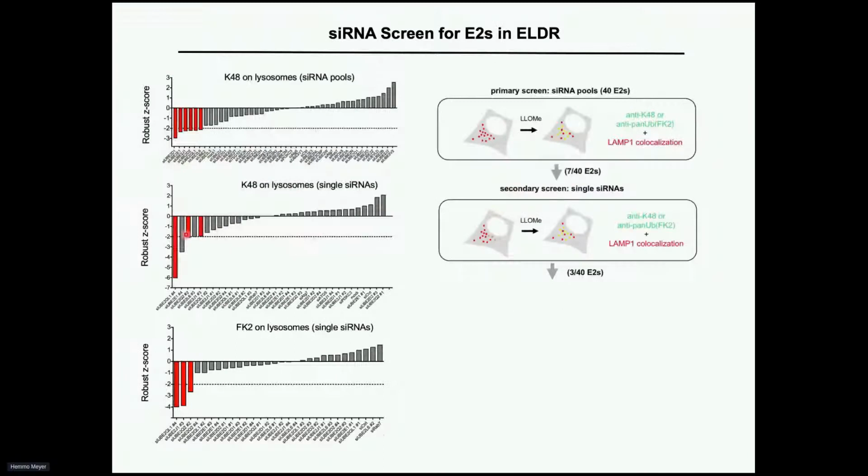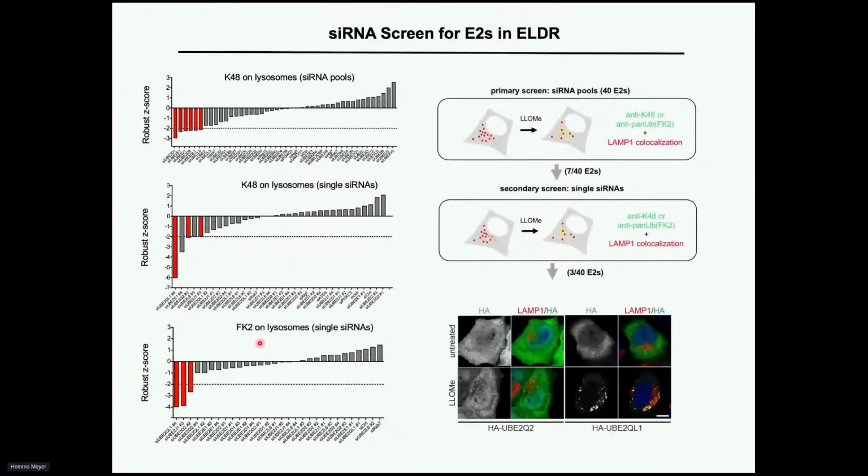We identified a few E2 ubiquitin conjugating enzymes that, when depleted, affect the ubiquitination. And this is in different steps of the screen. The last step was looking at whether any of these candidates are translocating to the damaged lysosomes, and we found one that definitely did that, and it did this massively, and not so much a related E2 that was also found in the screen, but actually didn't